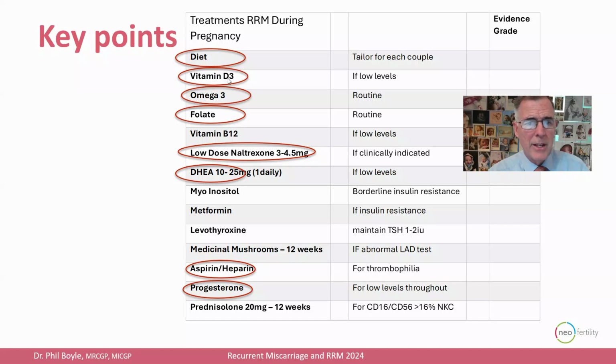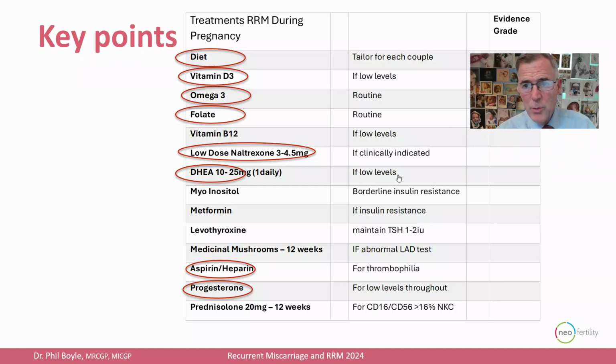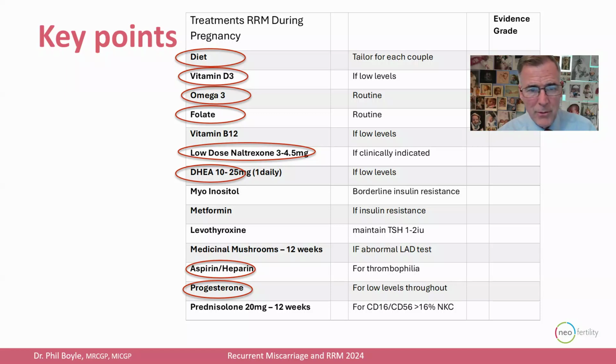And then we'd stick with her diet, her supplements, her naltrexone, and she needs the DHEA, especially if her estrogen levels are low. Our DHEA data, I hope, will be included in the next revision of the miscarriage guidelines, because if you do a search using AI on the web, our publications come up. If you ask the question, does DHEA treatment during pregnancy reduce the risk of miscarriage? It's strongly in favor of it, which is lovely to see.